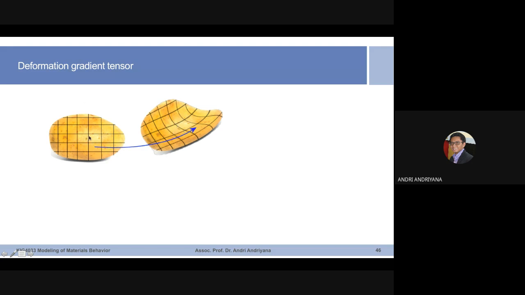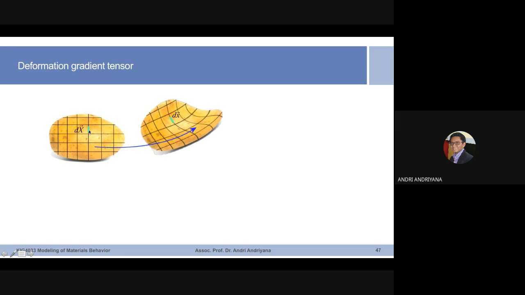If this vertical line is very, very short, infinitesimally short, then in the deformed state it will also be short and it will not be a curve, but simply a rotated line. So this is if we imagine that the length of this one is very small. And this is the basic idea of how we do evaluations of deformations,